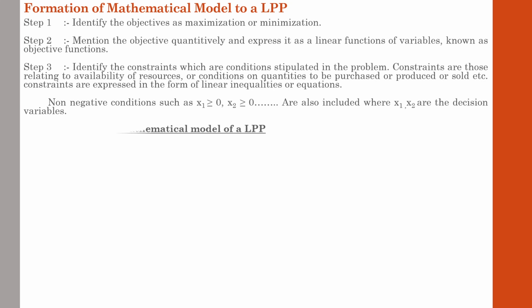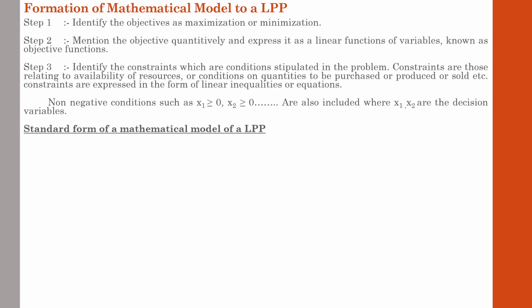And next, how a format or a mathematical model is prepared. Right now we have discussed the theoretical aspect. Next we will discuss how it is represented in the form of signs and symbols. LPP questions are a combination of numbers and variables. Variables means x1 or x2 or a1, b, a2, like this. That varies depending upon the nature of the question. Anyway, there is a certain pattern with regard to that. Let us discuss how a standard form of a mathematical model of an LPP is prepared.